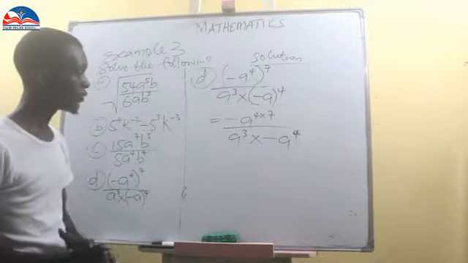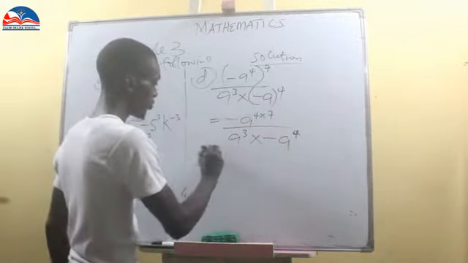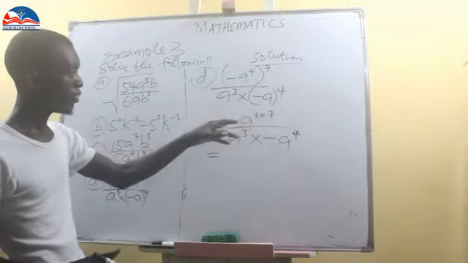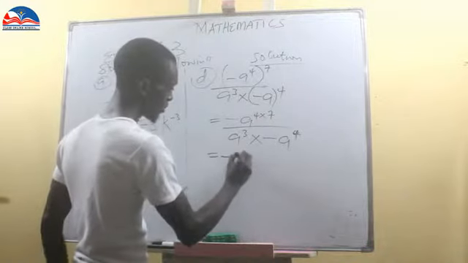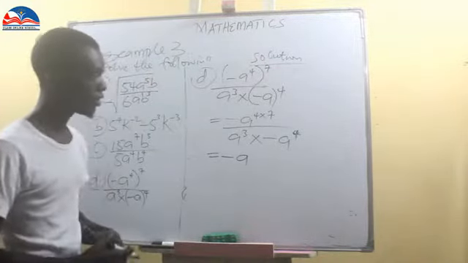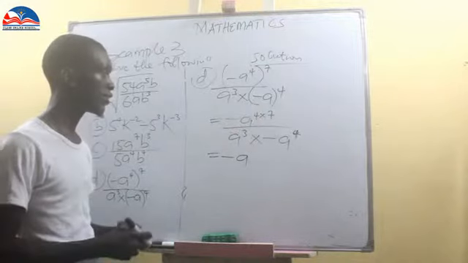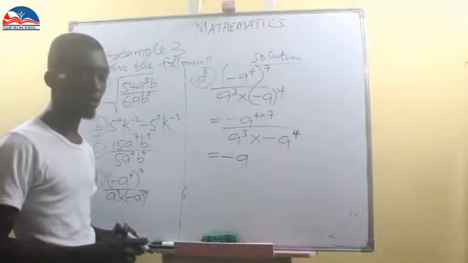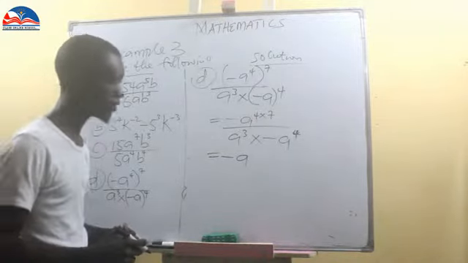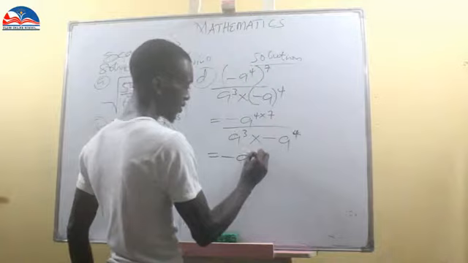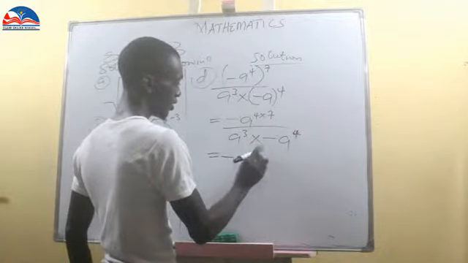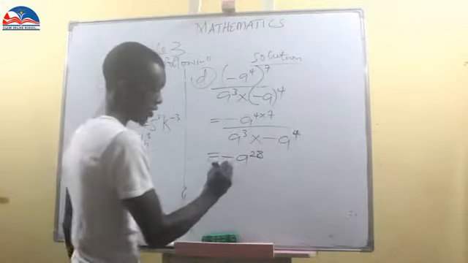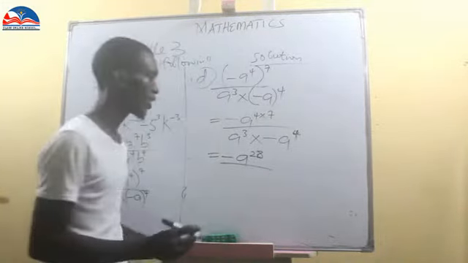Minus A index 4 here is going to be equal to our minus sign will be there, minus A index. We'll now multiply the two indices 4 and 7. 4 times 7 will give us 28. So we want to have A index 28, A index 28 over. Now,